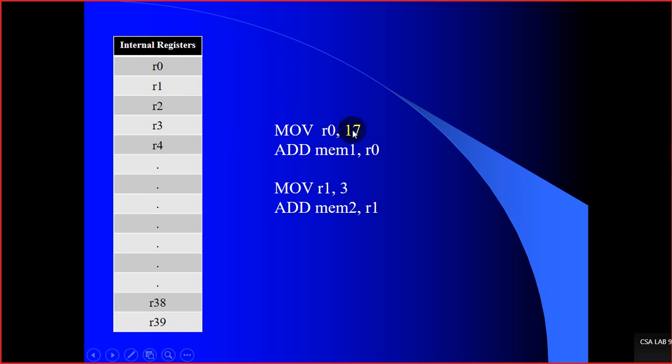Now, first set of instruction is using a resource called R0. Second set of instruction is using a resource called R1. So what is the advantage? Since they are using different resources, they are independent of each other and they can be executed simultaneously.